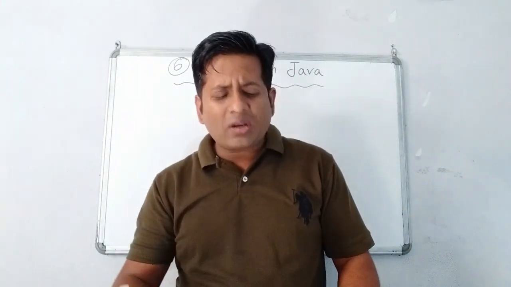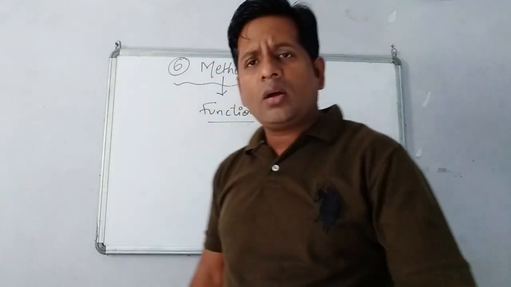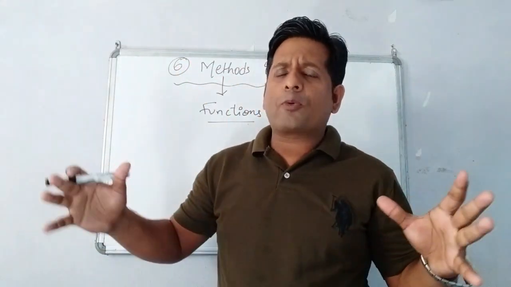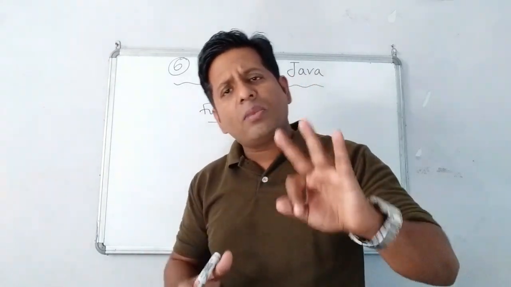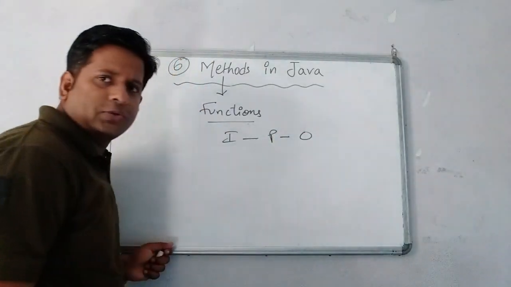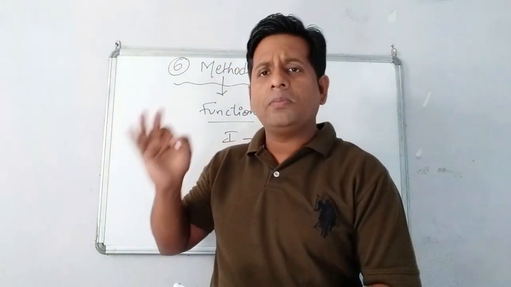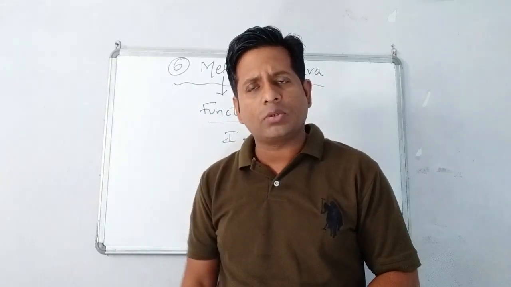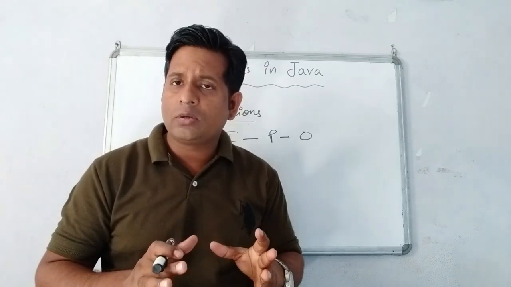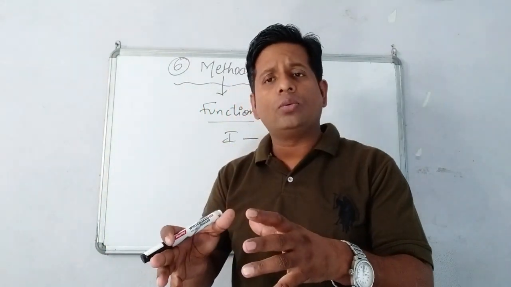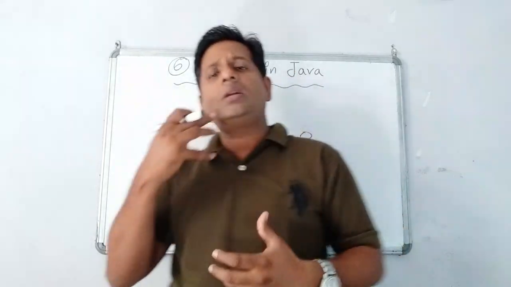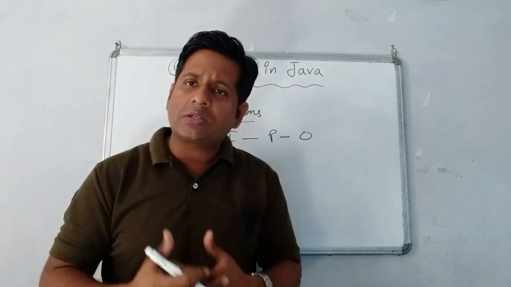First of all, children, what is a method? You can say methods are sub-programs, parts of the program. Suppose you have a big program. Every program has minimum 3 parts: input, process and output. Input means what we are going to ask from the user. Process means what the computer is going to do, what execution is going to be performed on that input, and output is the result of the processed input.